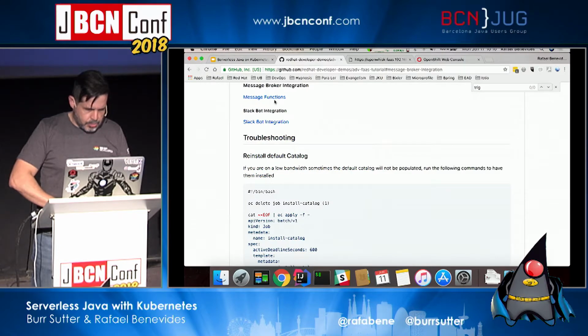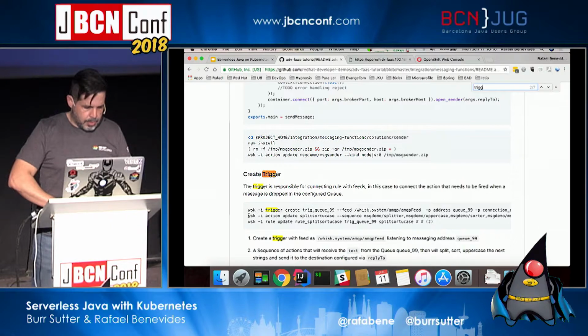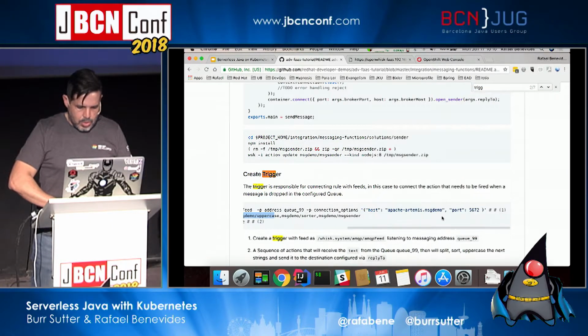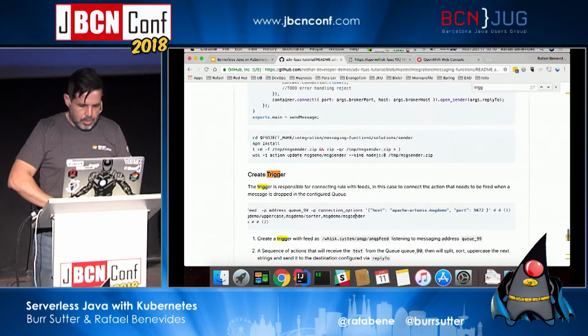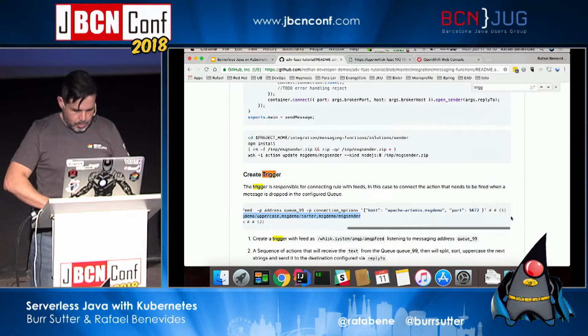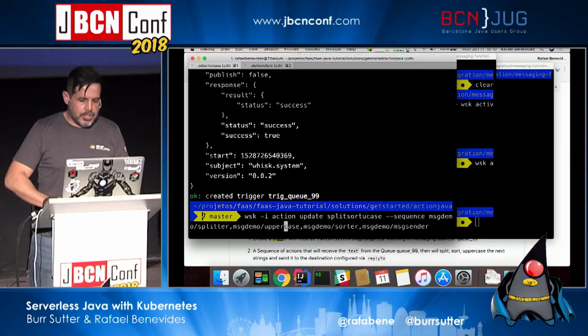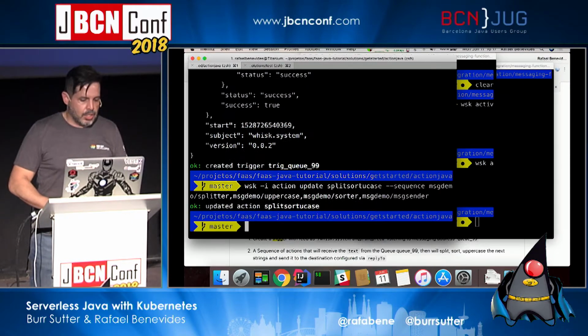Message broker, message functions, trigger, action update. Here I'm creating an action called split sort UCase that will invoke those functions in sequence. It will invoke the splitter, the uppercase, the sorter, and the sender that will post the result on the